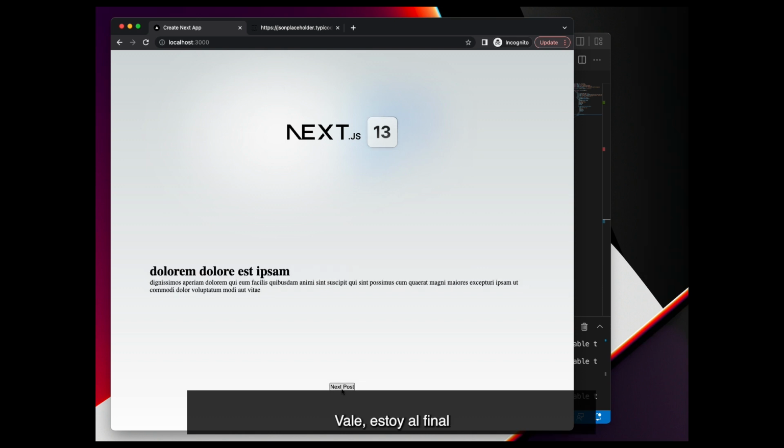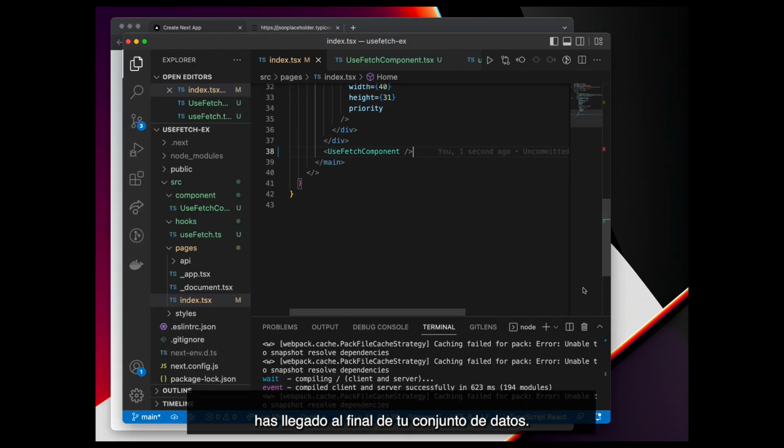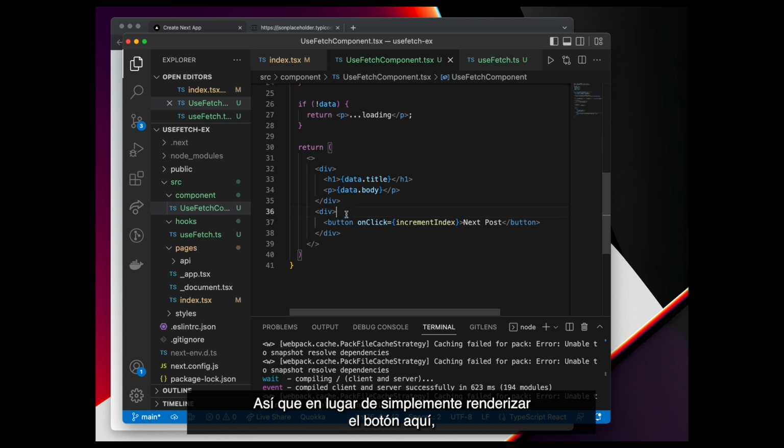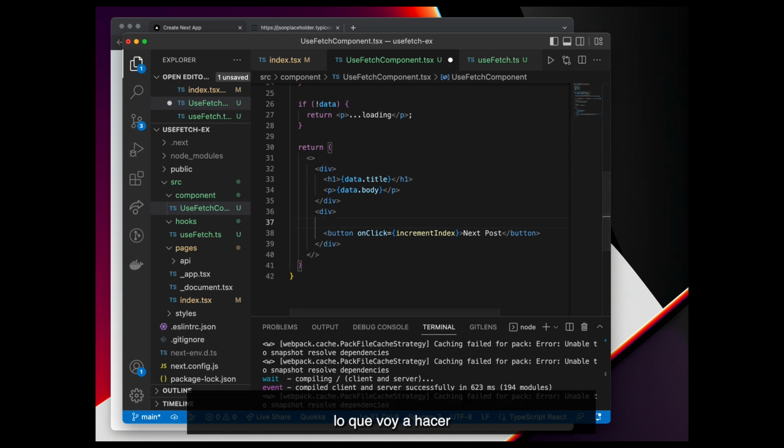Okay, I'm at the end and I'm still given the option to click through to the next post. I want to make sure that if I've reached the end of this data, it doesn't still show the next post button. It actually just shows some text saying like, you've reached the end of your data set. So instead of just simply rendering the button here, what I'm going to do